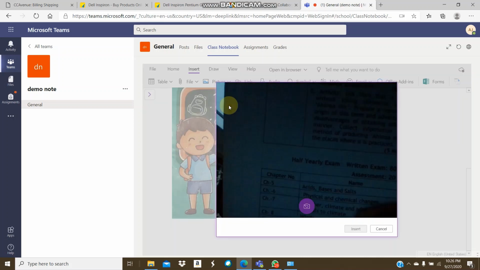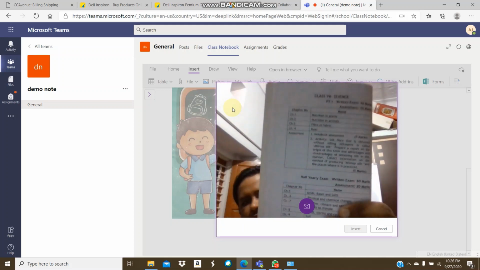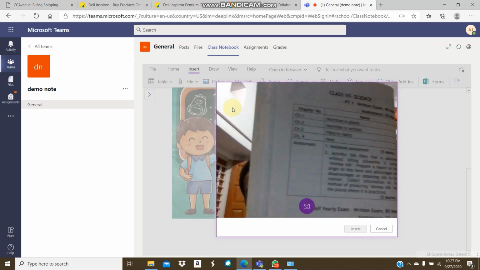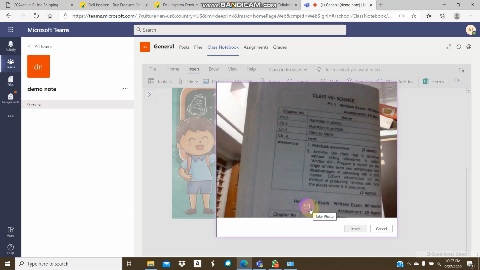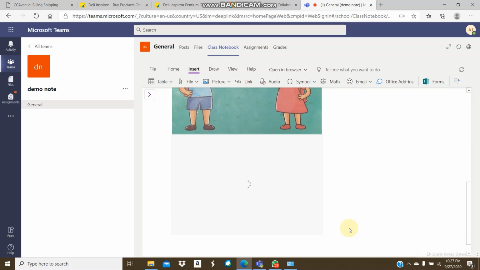Put your copy in front of it, click take photo, and click on insert. So this is the second method of inserting a picture.